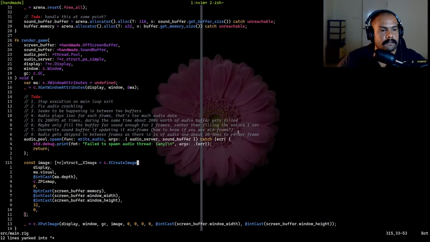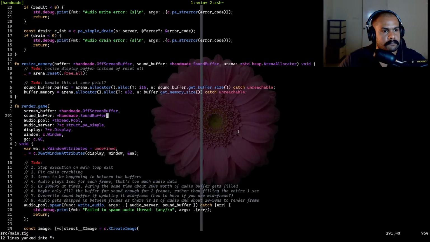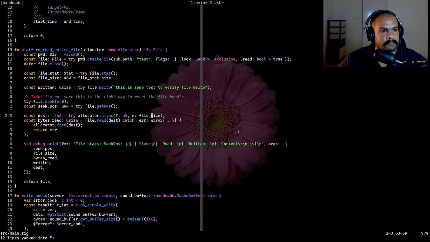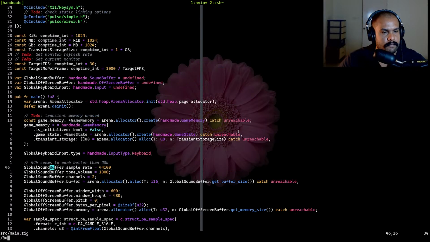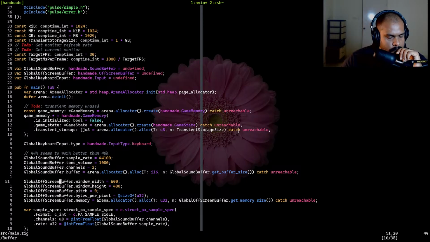I think it makes a lot more sense to specify a buffer, to allocate this as a 2D array and then just